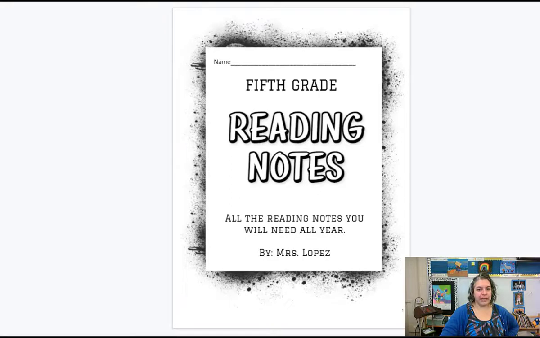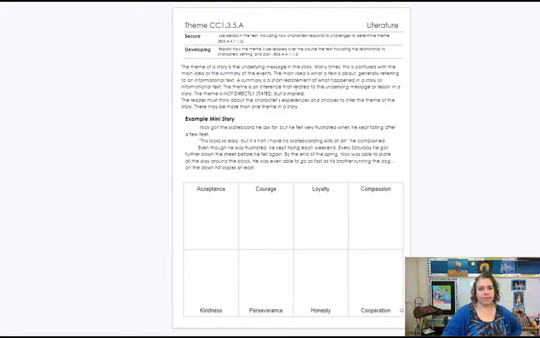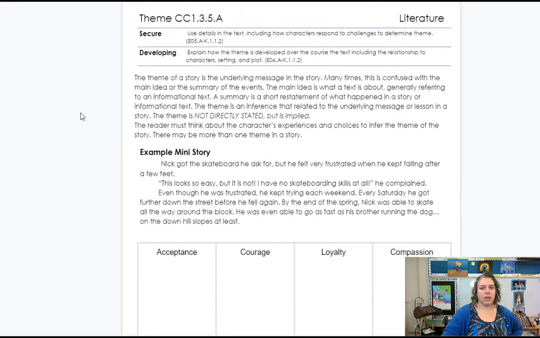In your reading notes today, I want you to turn to page 22 so that we can take some notes about theme. So, theme, taking a look at this. Theme is something when we're looking at literature, when we're looking at a fictional story, that we're pulling out these themes mainly. There can still be themes in nonfiction, but generally when we're talking about theme, we're talking about